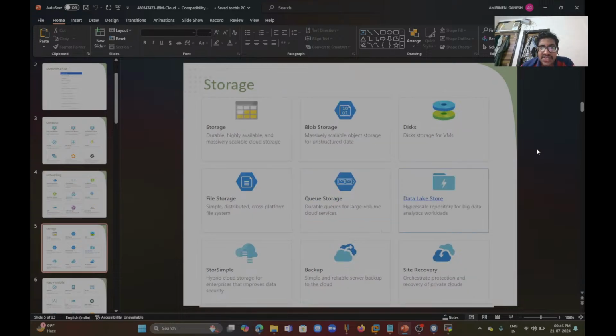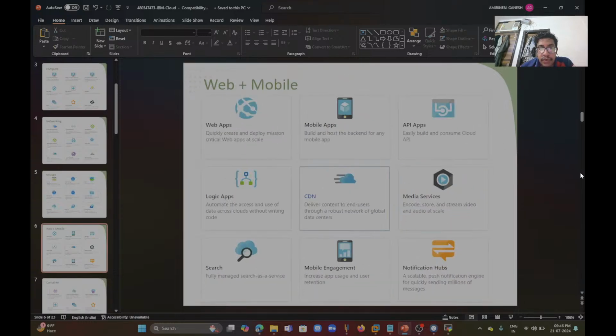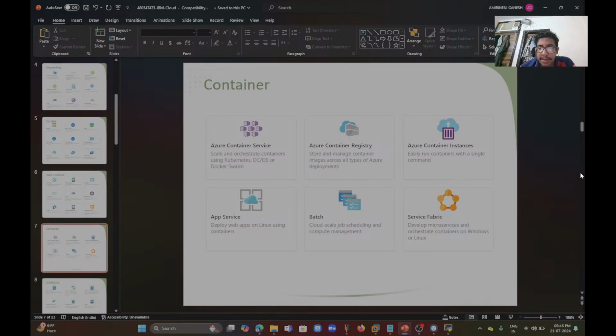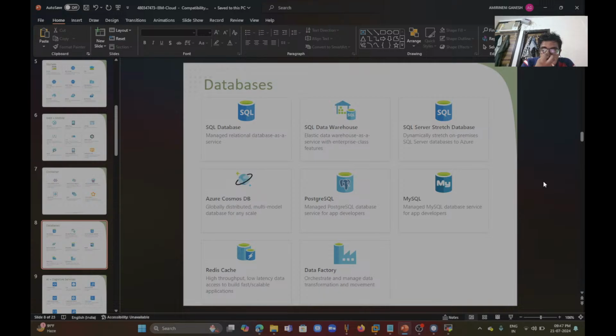This is storage services: blob storage, disk storage, queue and file storage purpose, backup and site recovery purpose. And these are the containers, batch process and Azure Container Service. These are the services available. Databases: SQL and SQL Stretch Database in Azure, Cosmos database. In mobile, there is a SQLite database available in mobile services. There is a light database, Data Factory,